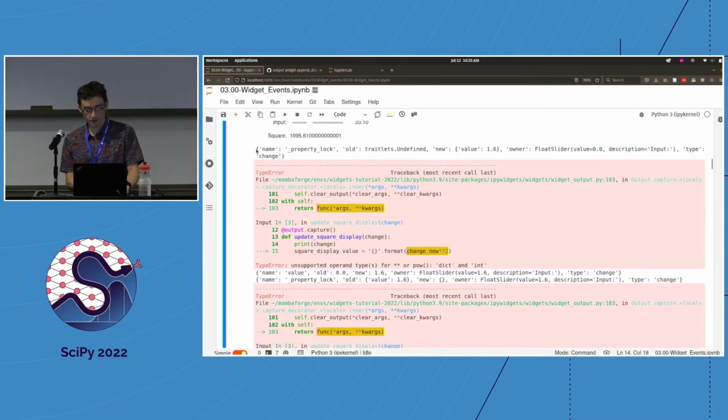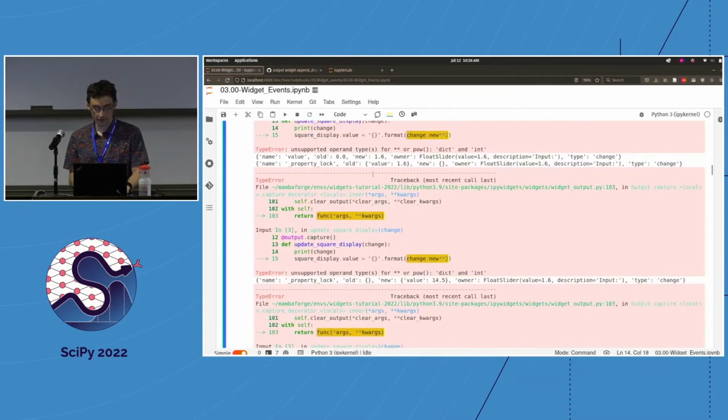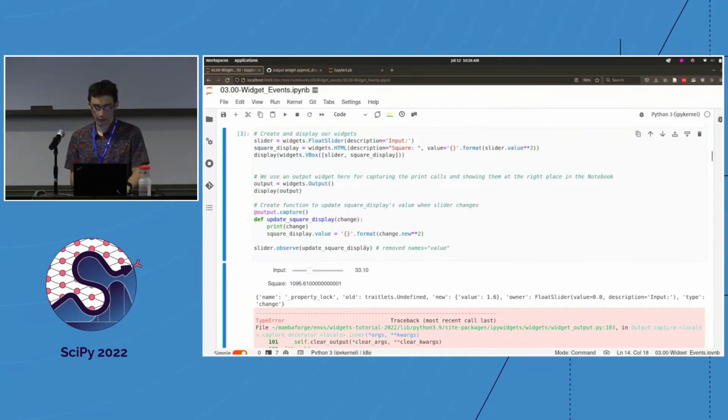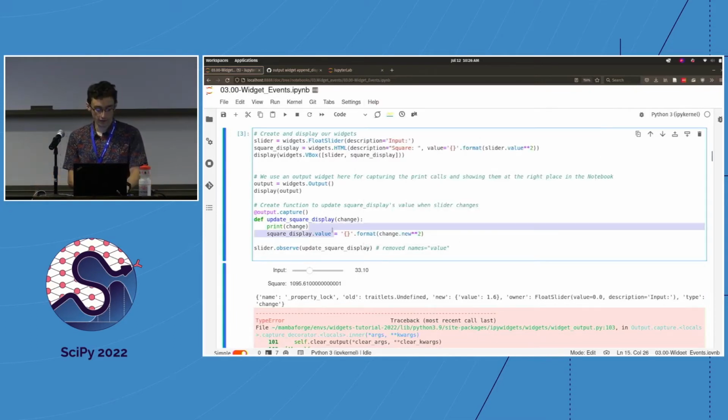Sometimes we're also getting changes from property lock, which is not something that we want to track and use to multiply or take the power of. So the key difference here is that when you do observe without any extra arguments, the names argument becomes traitlets all. So it listens to every single possible trait or anything that updates and has this sort of callback system on a widget. And so what you can do now that we've figured out what the core error is, that we're listening to too many things,